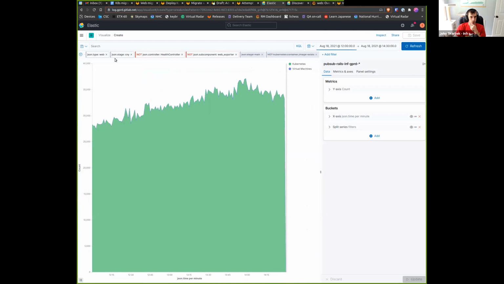So this is a chart showing all of our Canary traffic for type web, avoiding the health check in the web exporter, because those are always being hit. And we can see the majority of our traffic is Kubernetes. In fact, if I re-enable this filter,